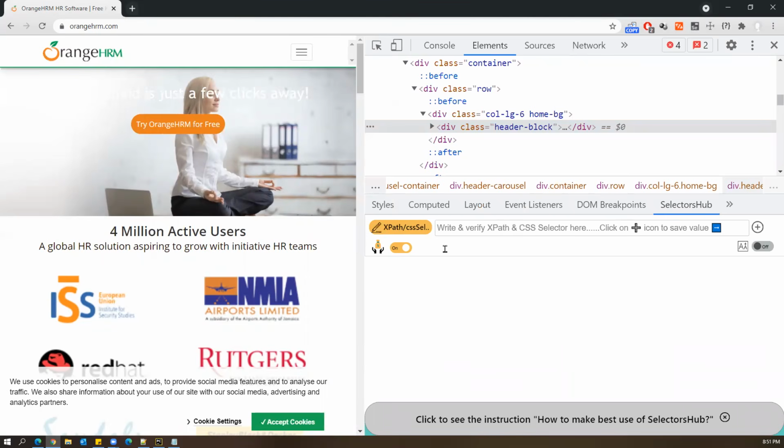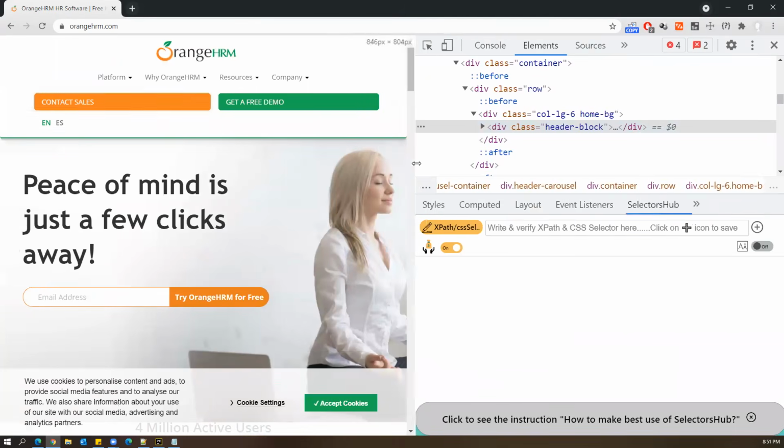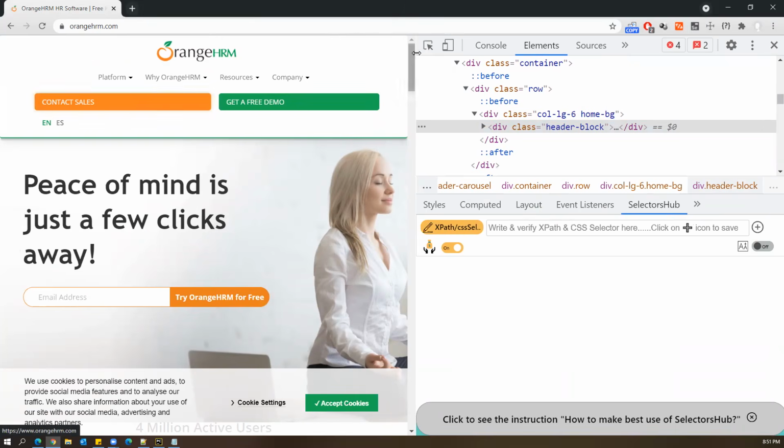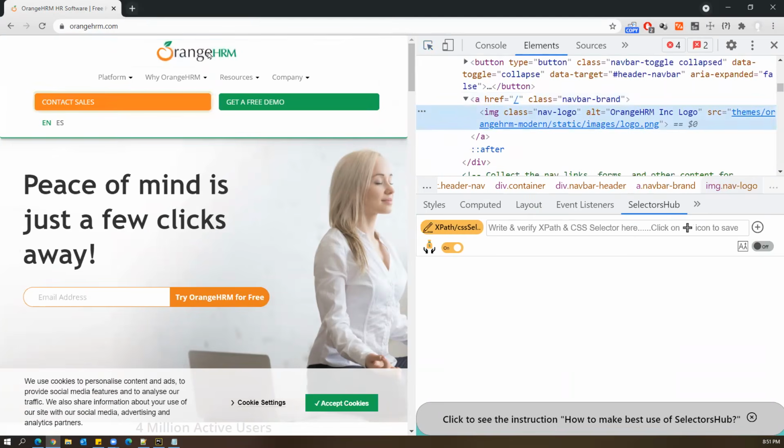Now we can see this is Selector Hub. So now let me show you how to use the Selector Hub. Suppose I want to find some element. So I want to find this image. Simply click on this arrow mark and select this element. So this is highlighted in the HTML. As soon as it is highlighted in the HTML, you can just see here,